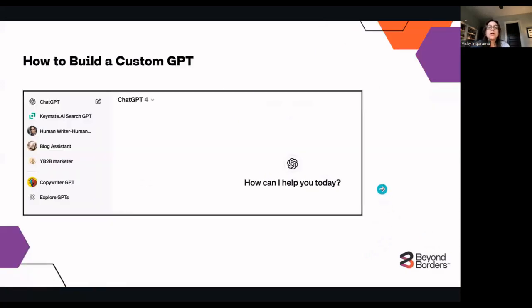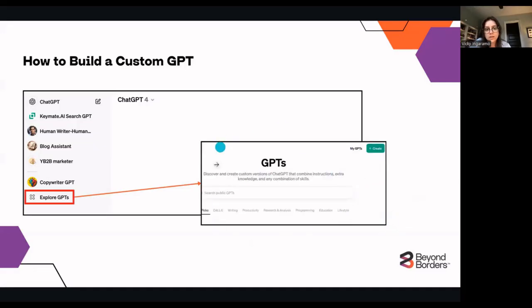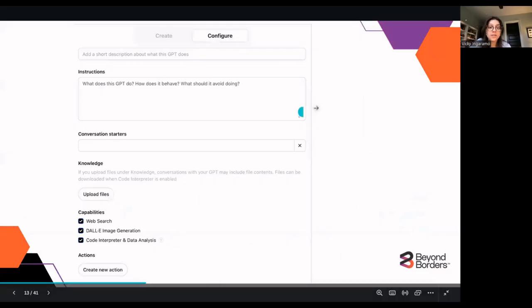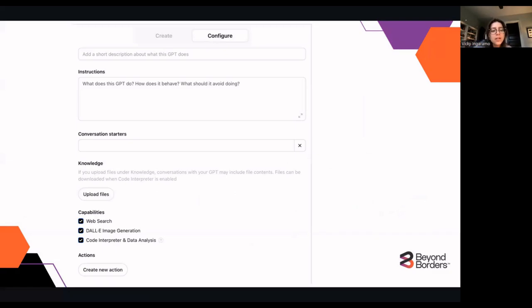So how do you build a custom GPT? You're going to go to your dashboard, and on this left side column, you're going to see Explore GPTs. You're going to click on that, and it's going to pop out into this little section, what's called the GPT Store. And on the top right, you're going to see Create. You're going to click that button, and it's going to take you to this configuration page. Here, I'm not going to go into a ton of detail because there's a lot of other things I want to cover,